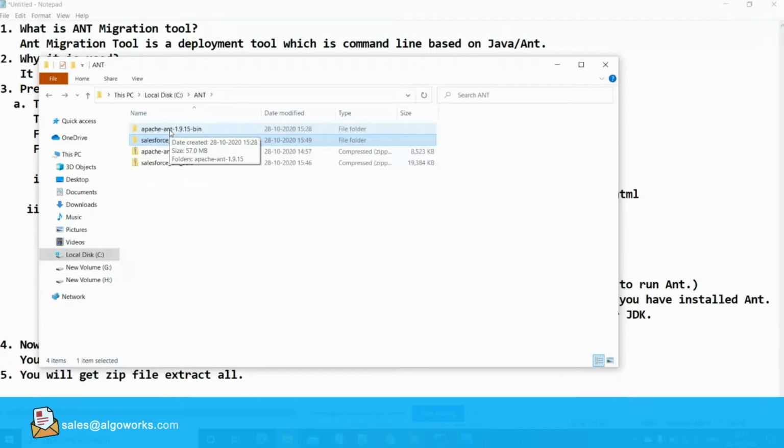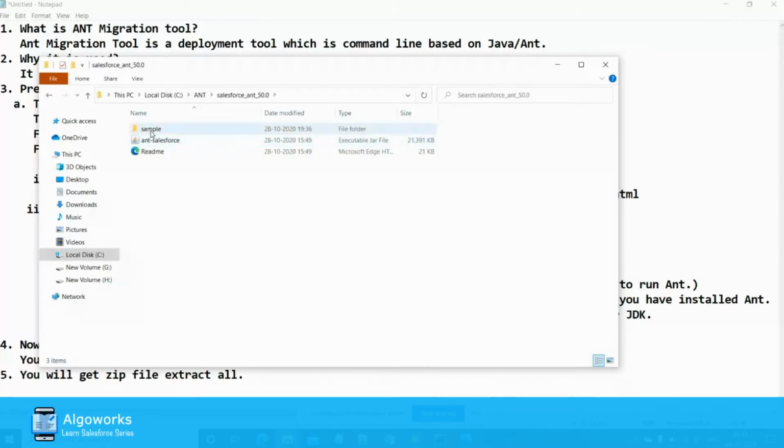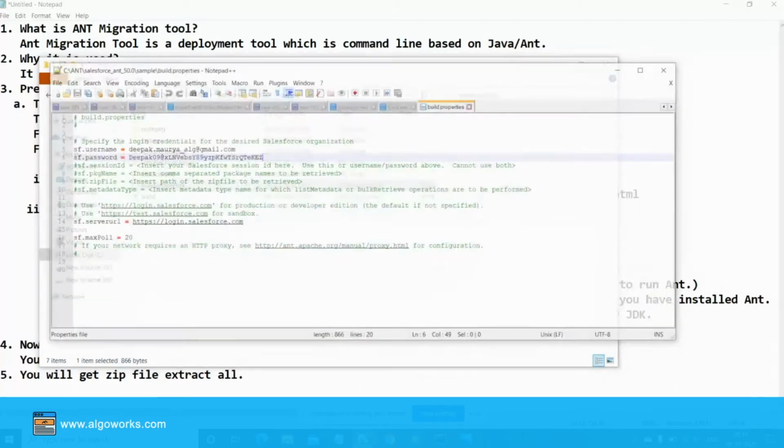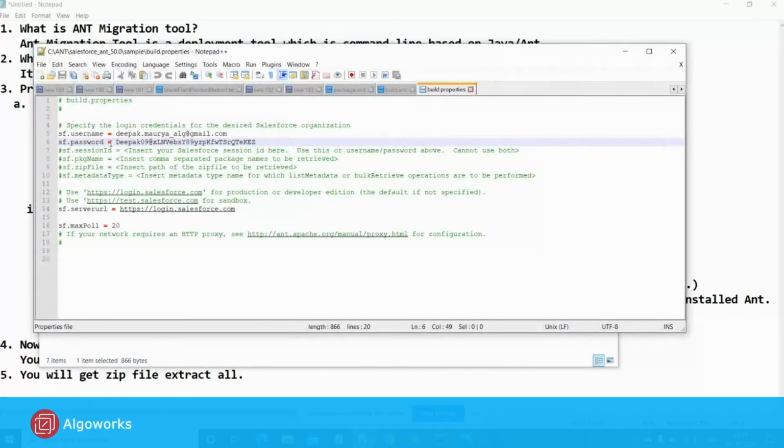To do that, simply open this Salesforce Ant 50.0, click on sample and then open build.properties, which I have already opened in Notepad++. You see this is build.properties in which we have login credentials.